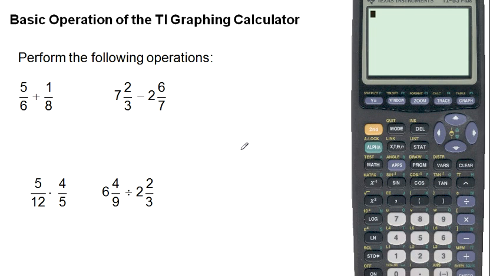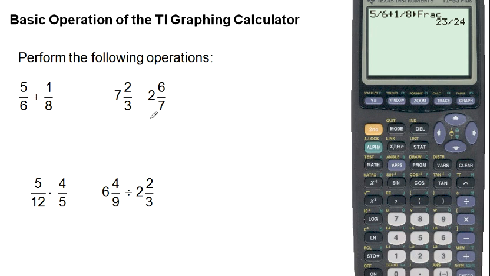All right, let's perform the operations indicated on the calculator. 5/6 plus 1/8 can just be entered from left to right and from top to bottom as it is written. We start with the 5, divide by 6, hit the plus for add, and then 1 divided by 8. And before we finish, we hit Math 1 to specify that we'd like a fraction answer. If you forget that and get the decimal answer, it's fine. You can always go back and change the decimal answer to a fraction. So I hit enter and it gives me my answer,